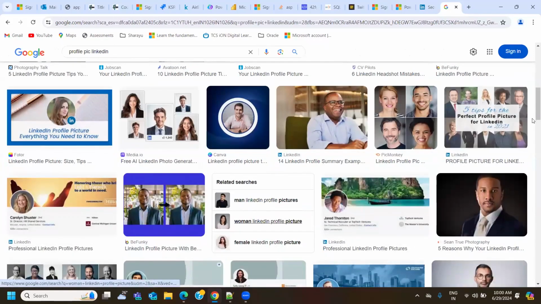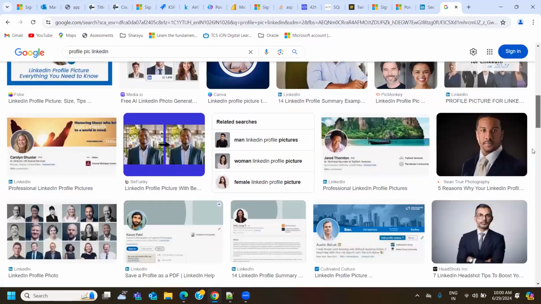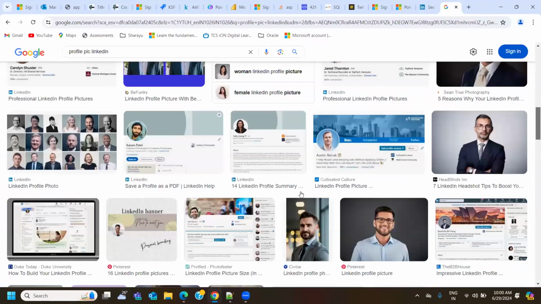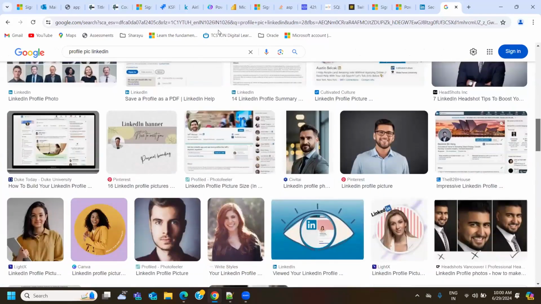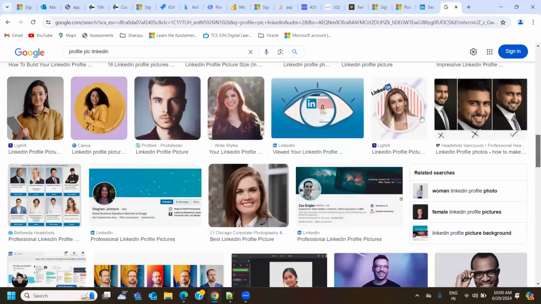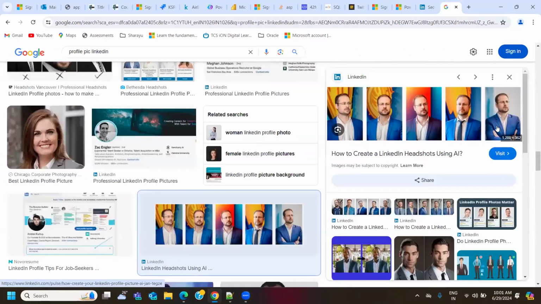Now I'll show you a few pics which are not recommended. See, how you look plays an important role. This is the best example. There are 5 different photos. If you add this last photo, he is not looking directly at the camera. His viewing angle is around 60 degrees, not even 30.